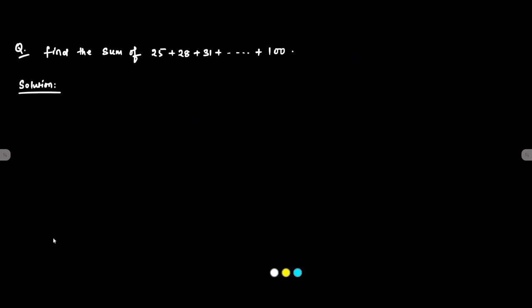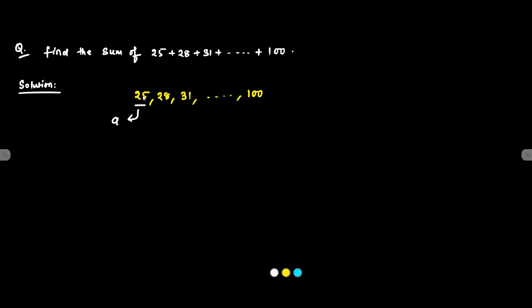So this is another question on the sum of n terms in an AP. It is given, find the sum of 25 plus 28 plus 31 up to the last term, which is 100. Now here if we write the terms which are given, that is 25, 28, 31, up to the last term, which is 100, and we examine,